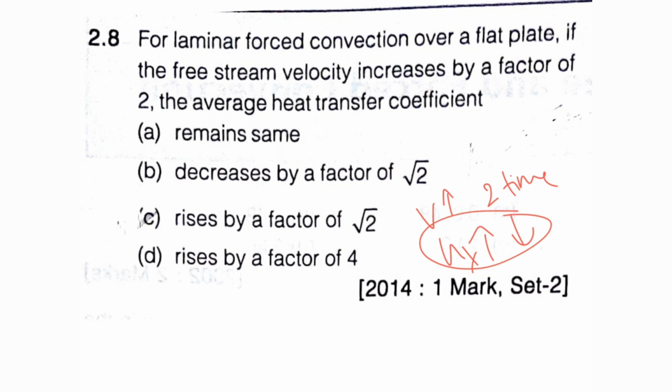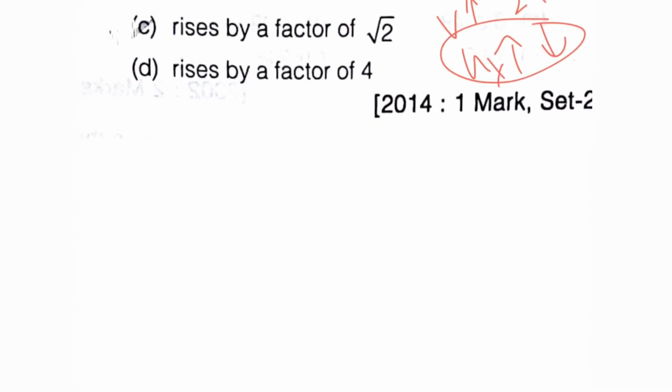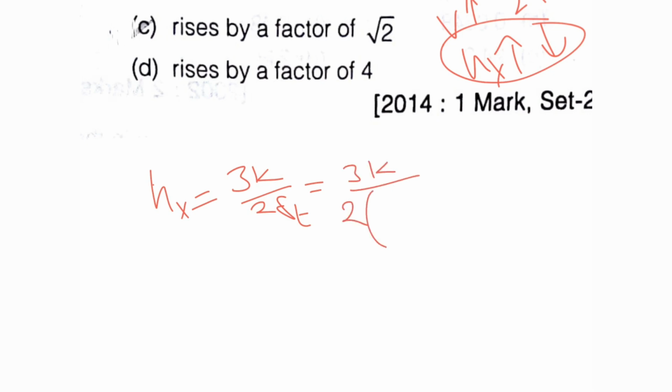We have to find the relationship between the heat transfer coefficient and the velocity. We know the formula for Hx in thermal boundary layer, 3k upon 2 delta T, and delta T is delta upon 1.023 into Prandtl number whole